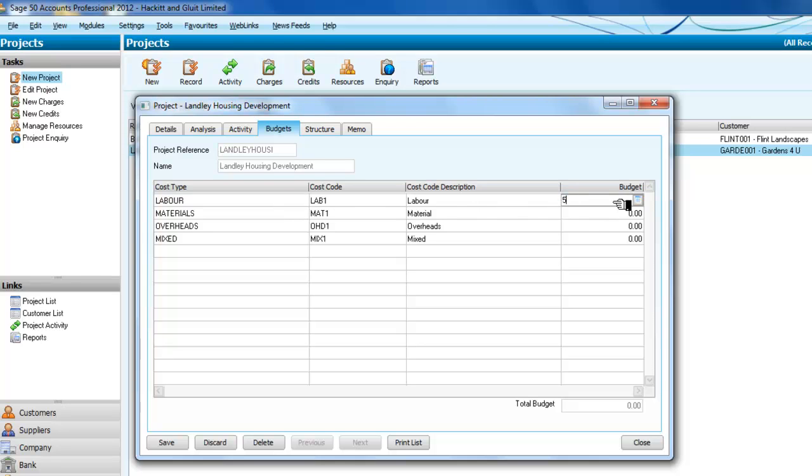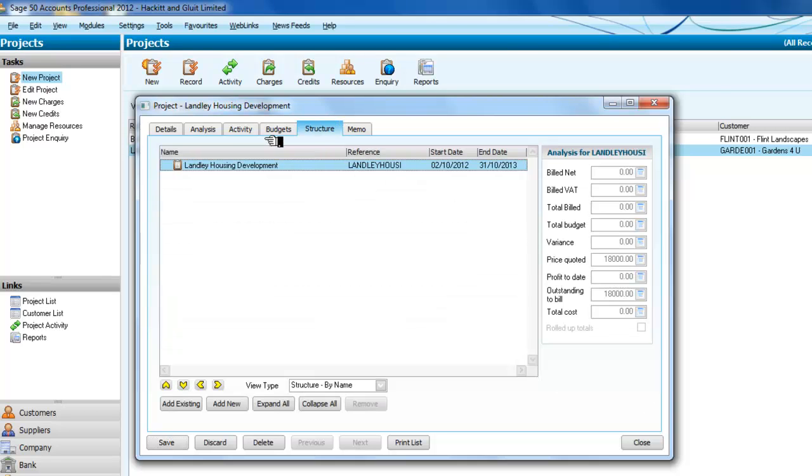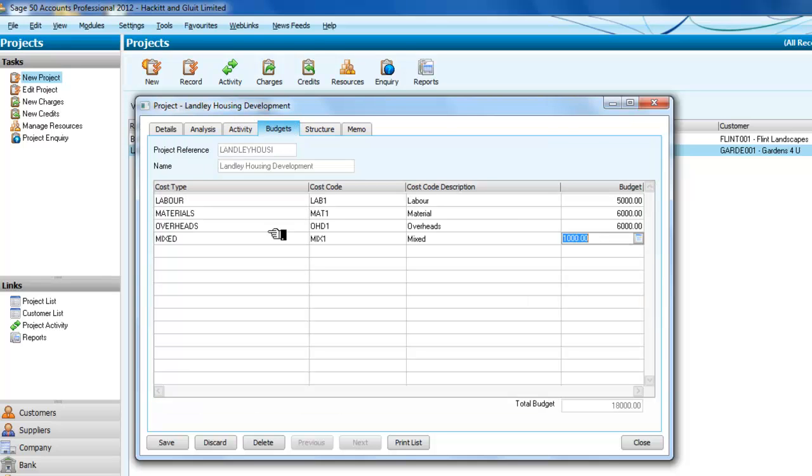Right, I'm going to leave it at that. And we're going to say that for 18,000 we are estimating 5,000 on labour, 6,000 on materials, 6,000 on other overheads, and 1,000 on mixed. There we are. And that essentially is going to be my budget for the 18,000 for the Langley housing development. So I'm going to save that, and that will mean that I've done all I need now to set up